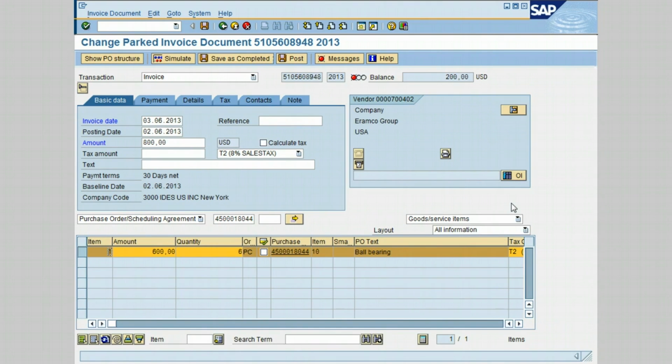If for any reason the user decides to unpark the invoice that's just been parked,